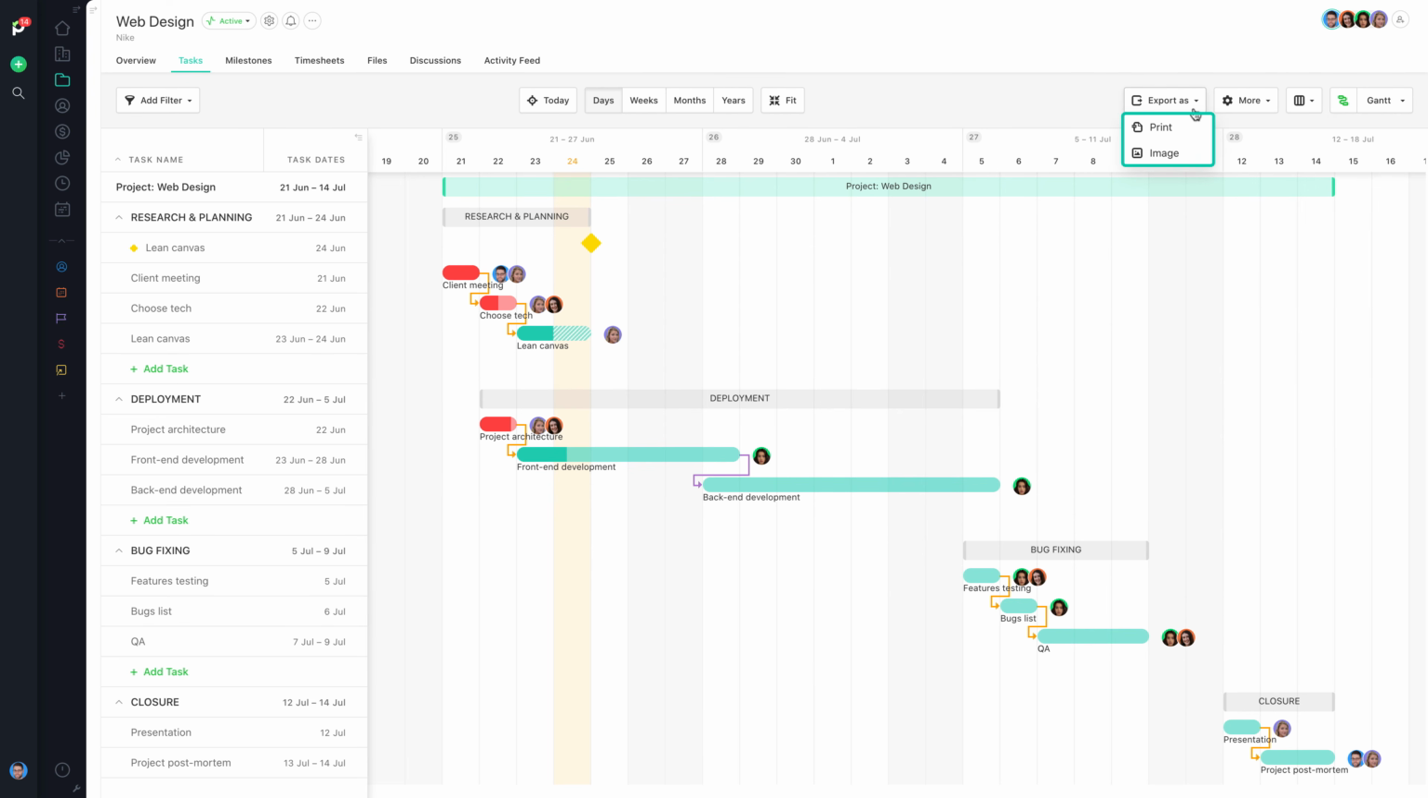Finally, you can print or export a Gantt chart as a PDF or PNG file. Do this at the beginning of a project to have a baseline of your initial planning, or throughout the project to inform your client about its progress. To make sure all Gantt chart elements fit your screen before printing, use the Fit option that we've talked about